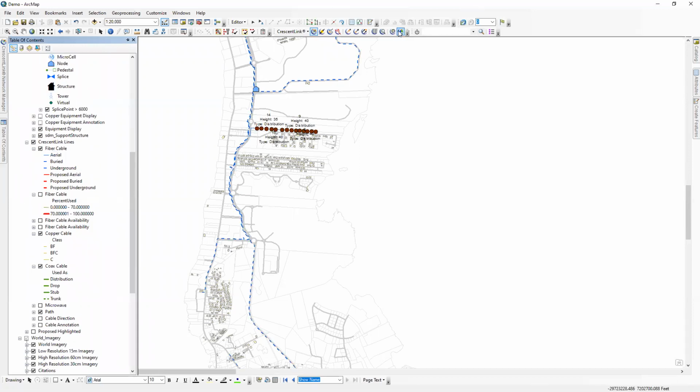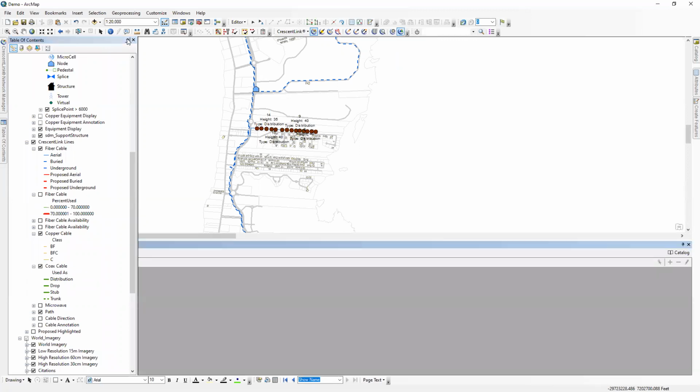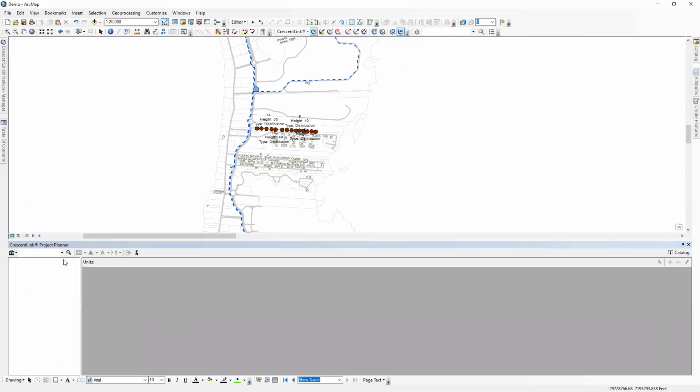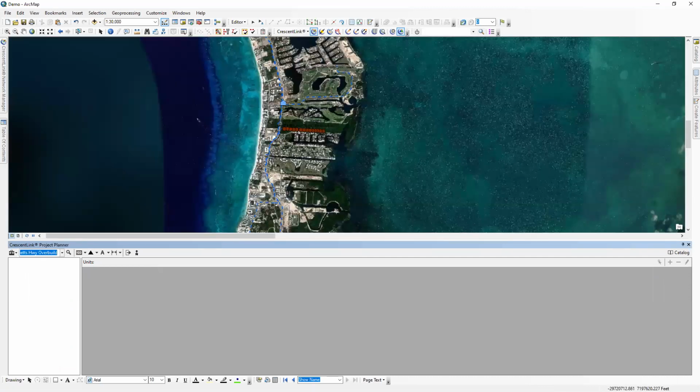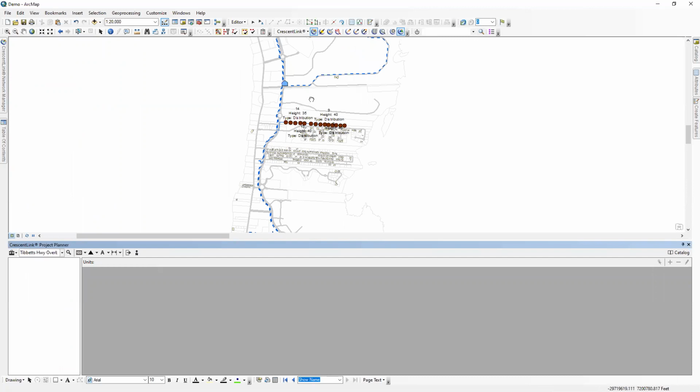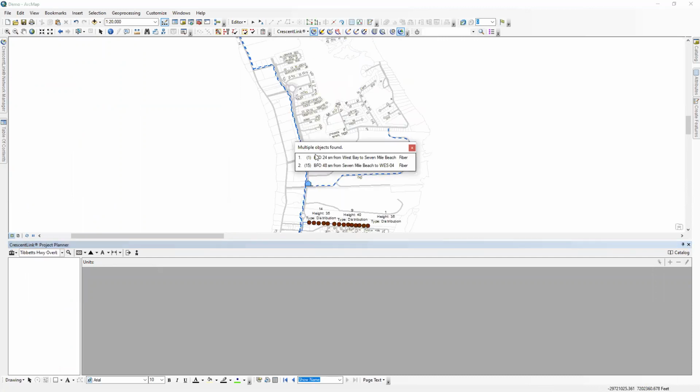So first, I'm going to go ahead and turn on Project Planner. And I've gone ahead and started a project for us. So let's take a look at this. Tibbetts Highway is actually the 7 Mile Beach area, so I'm going to go in and take a look at that one first. So let's go ahead and load in a project, and you can see I haven't done anything with this particular project yet. So I'm going to go back up to the head end here